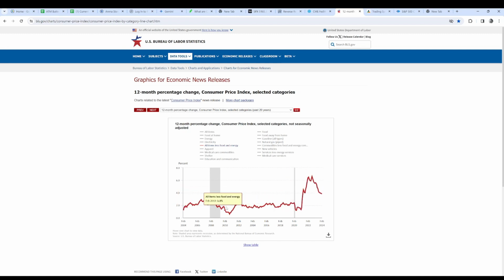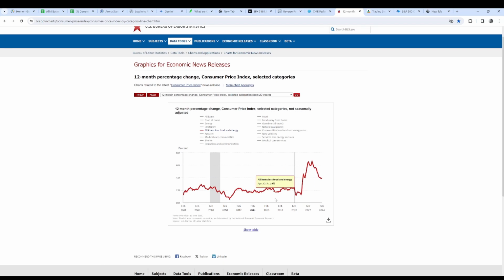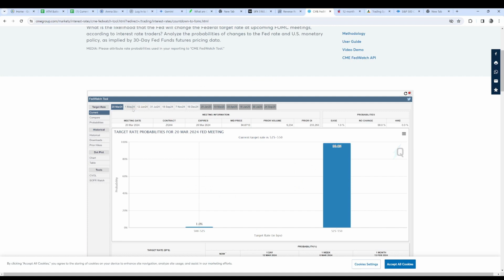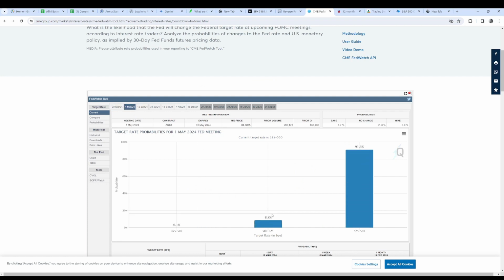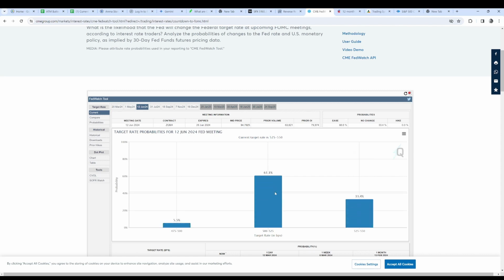The Fed likes it to hover around this 2%, and we are still far above and beyond where they want that to be. So they're going to probably hold up for longer and be stronger. As far as the market is actually starting to price in just a little bit of a probability of a rate cut in May, but most likely not.